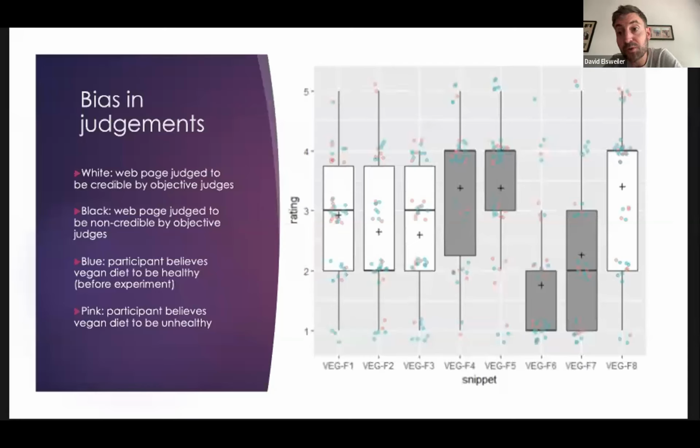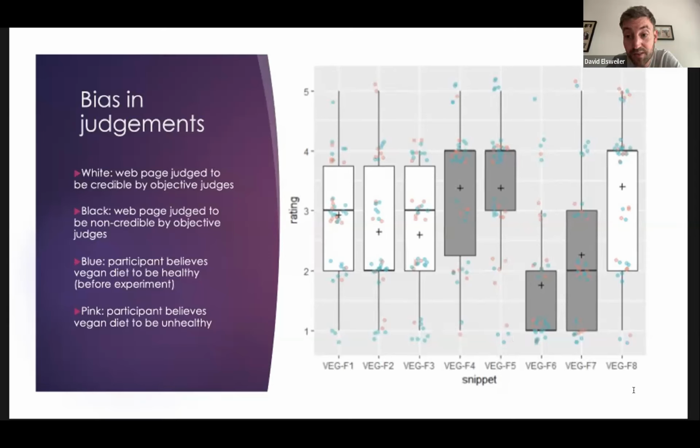What we found was not what we expected to find, nor, if we're being honest, what we would want to find. This is the output here of one topic, the vegan diet topic, but the trend was very similar regardless of the topic. These white boxes here are the judgments for the high quality search results. And here are the judgments for the lower quality results. What we ideally would want is that the white ones to be up here and the black ones to be down here, but that's not what we got. We also found no evidence